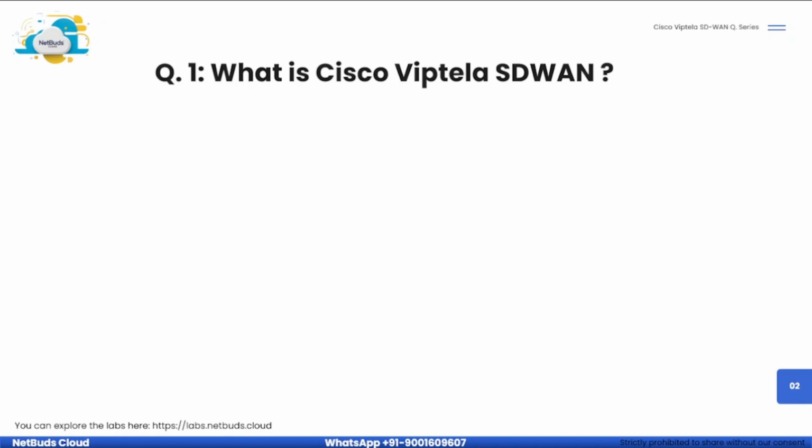But after using Google Maps, now you have options. Google Maps shows multiple paths from your home to your office. Sometimes it shows the shortest path, so you can go from here. Sometimes it shows there is some problem on this path, so you can choose another path. Same thing, Google Maps shows multiple paths, and the same thing is done in SD-WAN.